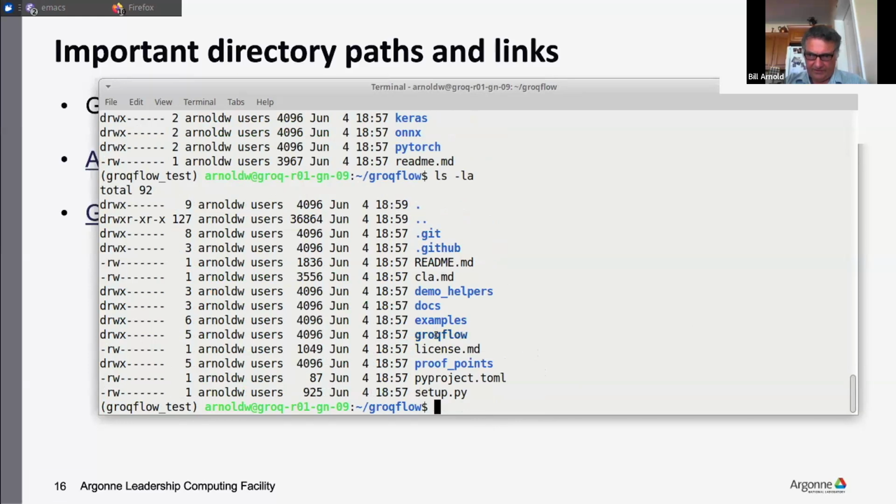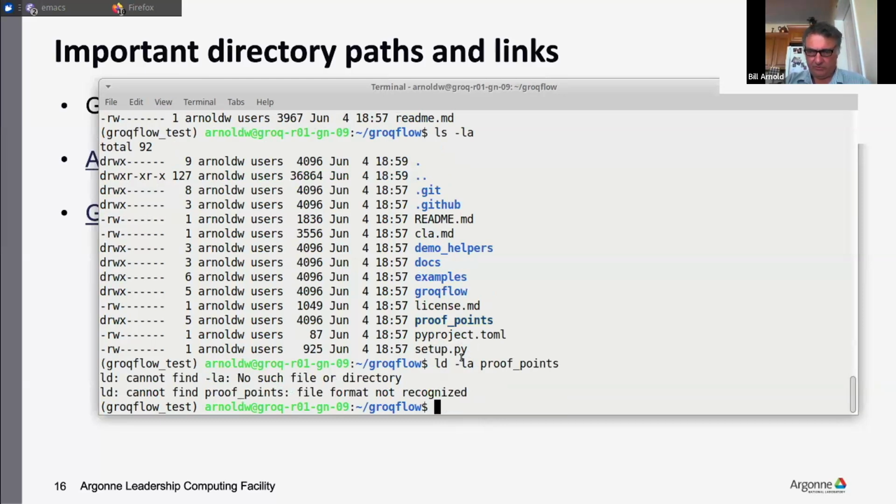And the GroqFlow and the demo helpers are directories for the actual GroqFlow Python packages. And the proof points, there are examples for PyTorch. You'll note there's Keras support, so there is some TensorFlow support. And if you have an ONNX model, there's ways to use that directly. And the proof points are where most of the samples are, although there are some samples in